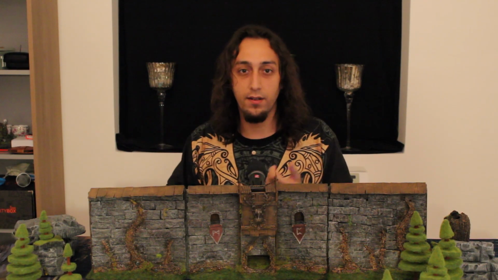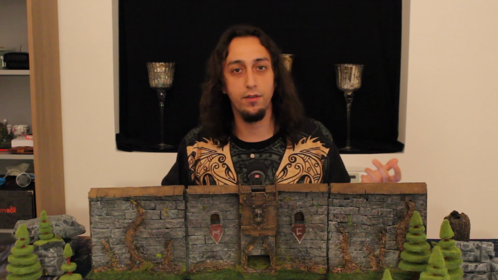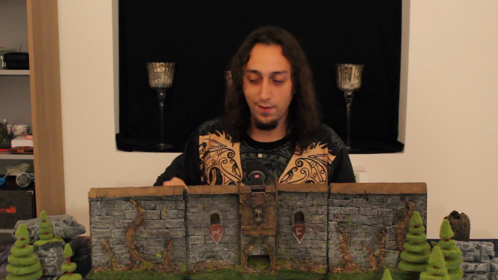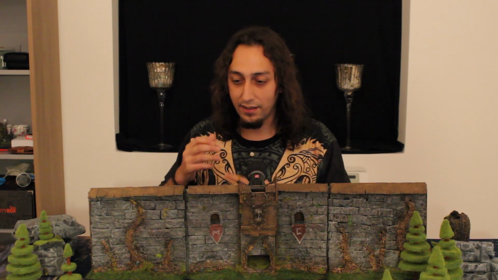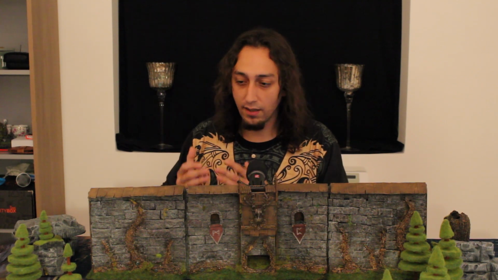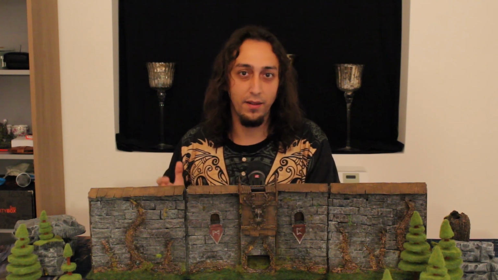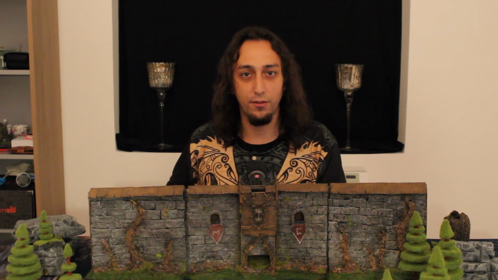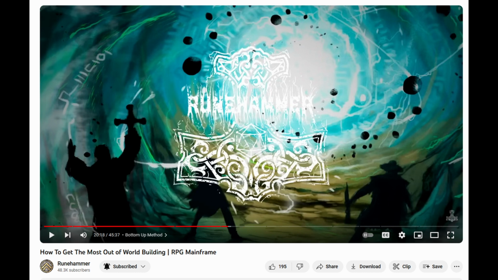You can fit them on one index card and have that behind your screen, and it's really convenient. You just take one of those and plop it in the world, and it adds so many questions to the world. You still get that random world building aspect of random encounters, but it's like you're painting the backdrop of the world, creating a little buffer for you while you're prepping for the next scene. This is exactly like the bottom-up world building that Hankerin was talking about on RPG Mainframe episode